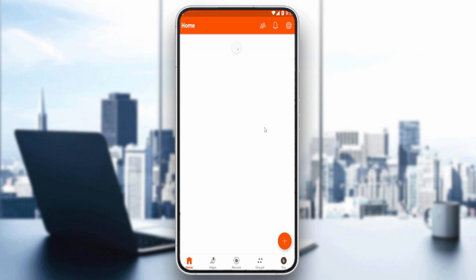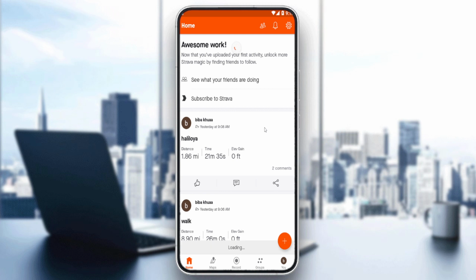If it's your first time, they'll ask you to log in to your account. If you have one, make sure to log in to it. But if you don't, they will give you three options to create an account. You can create an account with Facebook, with Google, or even with your email. Choose whatever suits you. And once you've created your account or logged in,